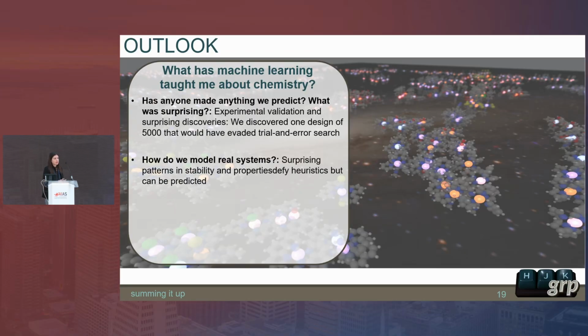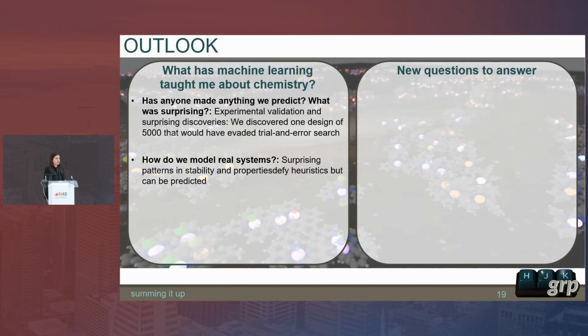And I told you a little bit about how learning from patterns in realistic systems and data allows us to go beyond conventional heuristics. I didn't have a chance to talk about it today, but we've done the same thing in understanding metal ligand bonding and metal ligand hemilability. So basically, how can we learn directly from these large experimental data sets to ultimately predict beyond heuristics?